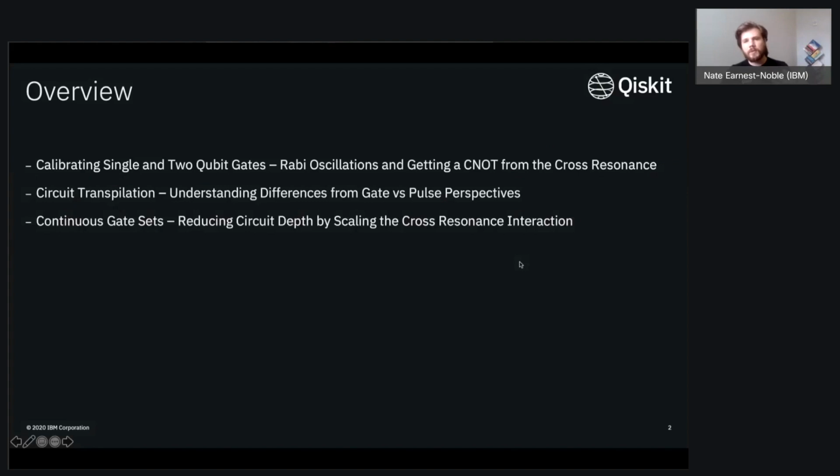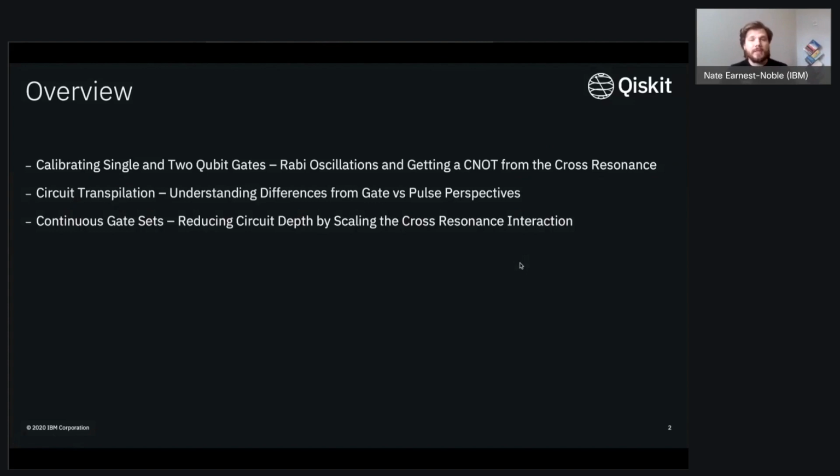For this talk, there are three main sections that I'll be focusing on. The first is talking about calibration of single and two-qubit gates. Namely, you have these quantum circuit elements, whether it's the X gate or the CNOT, and a variety of other things. And I want to help reveal how it is that you get those different sorts of gates at the quantum circuit level when actually considering the underlying controls that you have to use on the hardware.